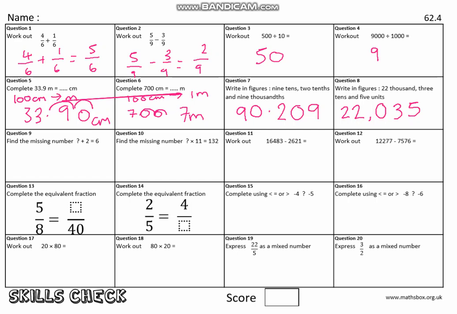Okay, on to a little bit of algebra then. We've done these in class. So we've got find the missing number. So something plus 2 equals 6. Now I know you can probably do this fairly easily, but remember our system, we take the answer and then